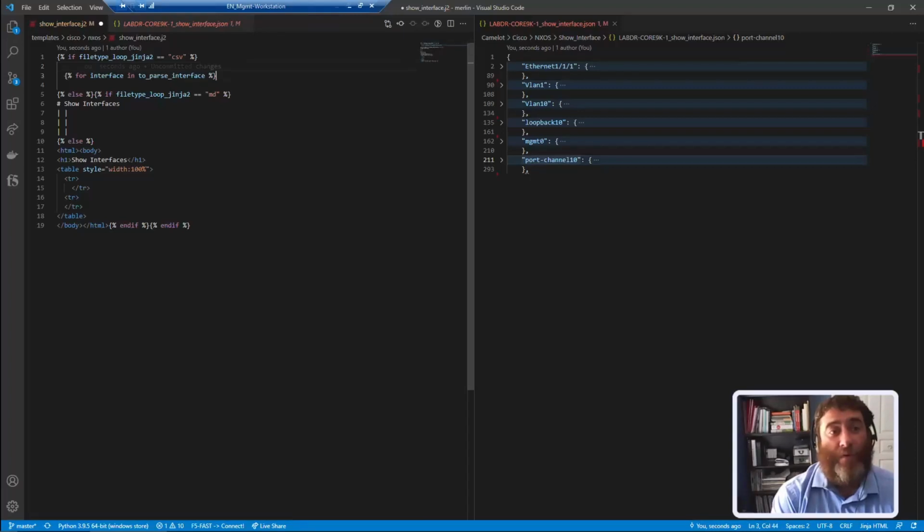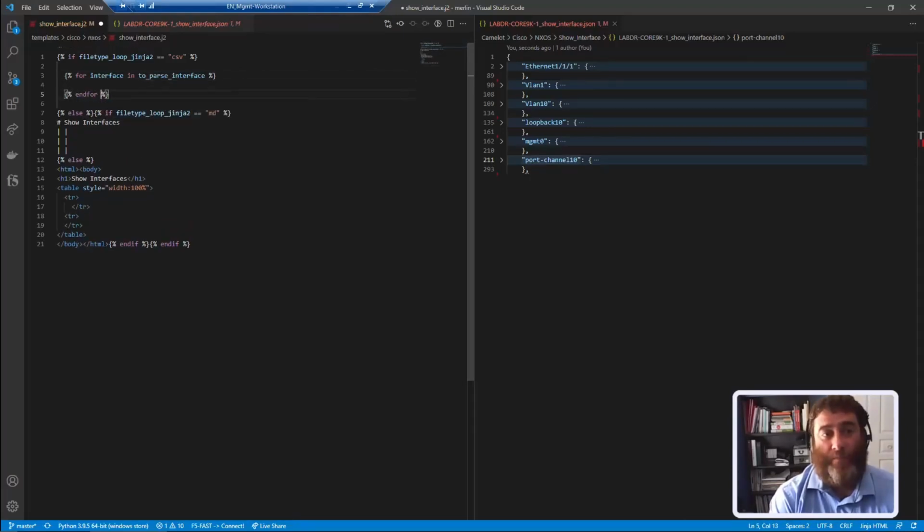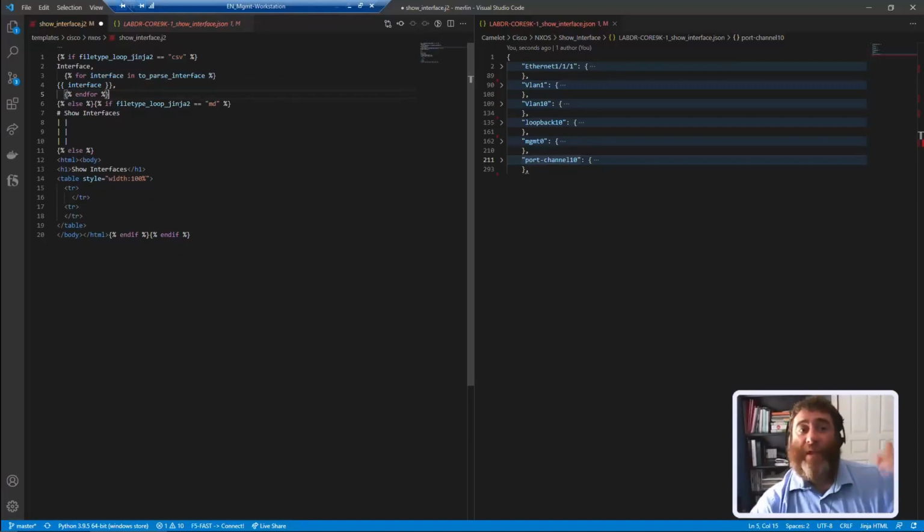Now, you're going to see, why did he go down a line? Give me 1 second. I'm going to have to end this for loop to close it. All right. Now here is my header row, and I'm going to have interface colon, comma, and then in here I'm going to say interface, comma. So far so good? So I need a header row, my row of headers in my spreadsheet that are columns, and this is a column I've built in CSV,